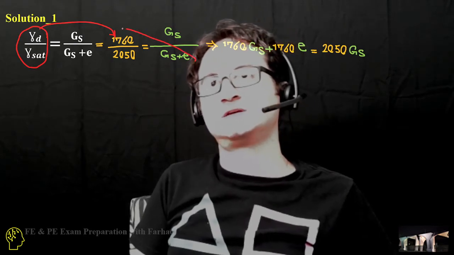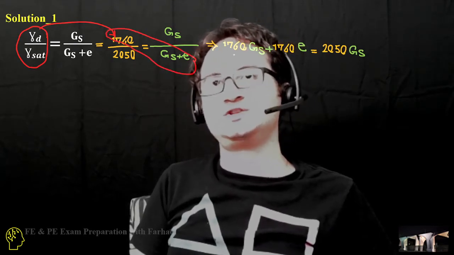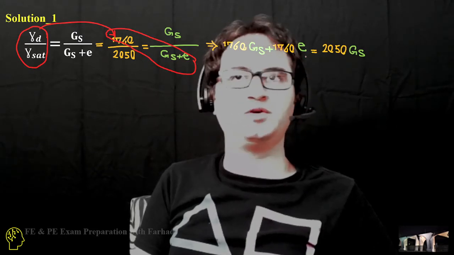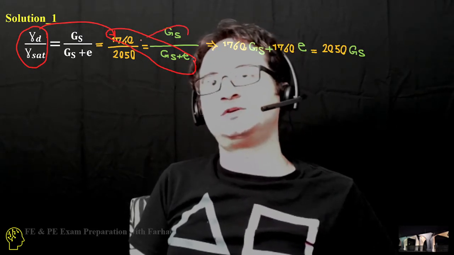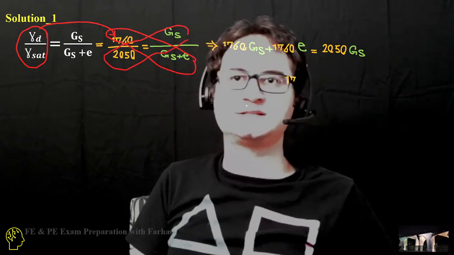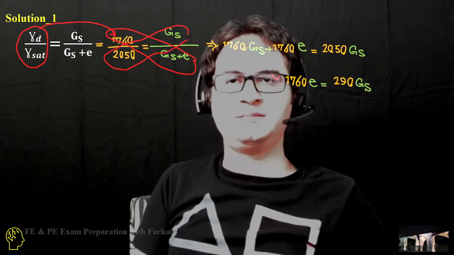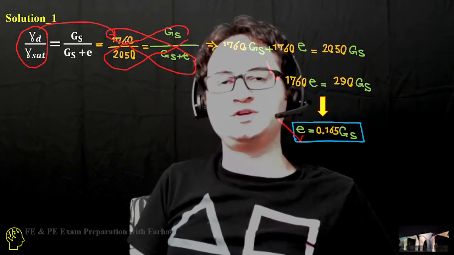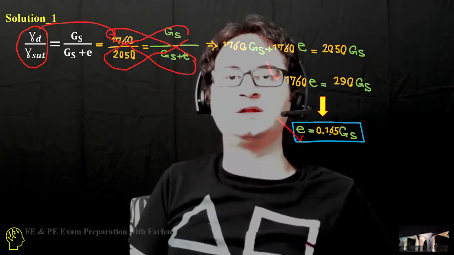If you multiply it out, 1760 GS plus 1760 void ratio is equal to 2050 times GS, and if you do the math and simplify the equation, it gives us void ratio is equal to